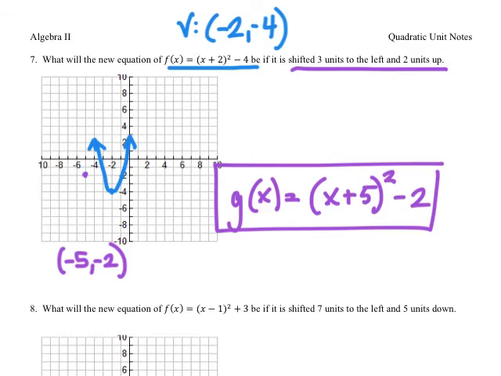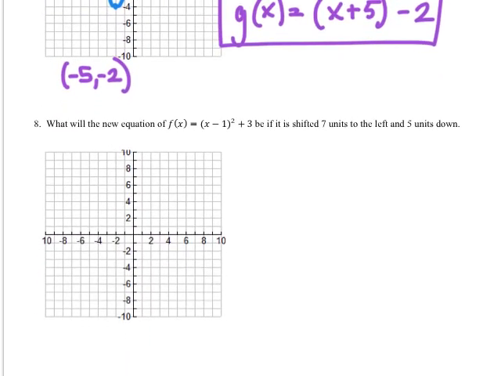Let's try this one down here. So what will the new equation of f of x equals (x minus 1) squared plus 3 be if it is shifted 7 units to the left and 5 units down? So our vertex would be 1, 3 in the original. And we want to shift 7 units left and 5 units down. So 1, 2, 3, 4, 5, 6, 7. And 1, 2, 3, 4, 5 units down. So we end up right here